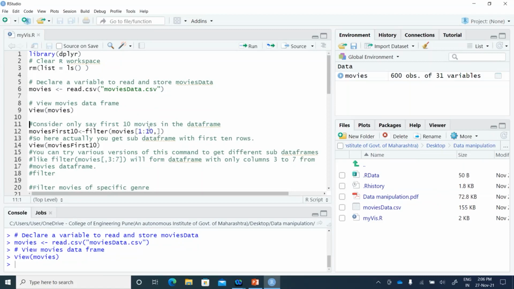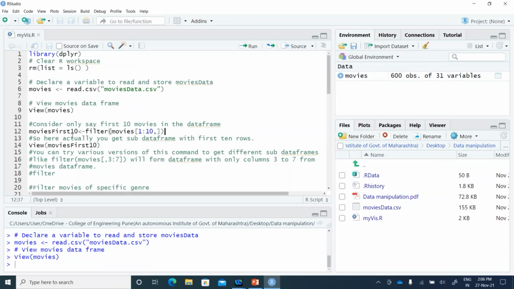This thing you are familiar with. The first place shows the row numbers, the second place shows the column numbers. Before the comma are rows, after the comma columns, isn't it? So let me just run this, and whatever small data frame is formed, I'm naming it movies first 10 because it is a sub data frame.